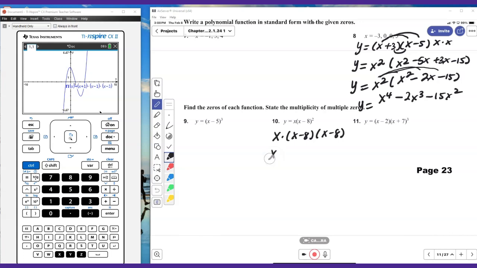So the first zero is x equals 0. The second zero is x equals 8. And the third zero is x equals 8. So we notice that here we have a multiplicity